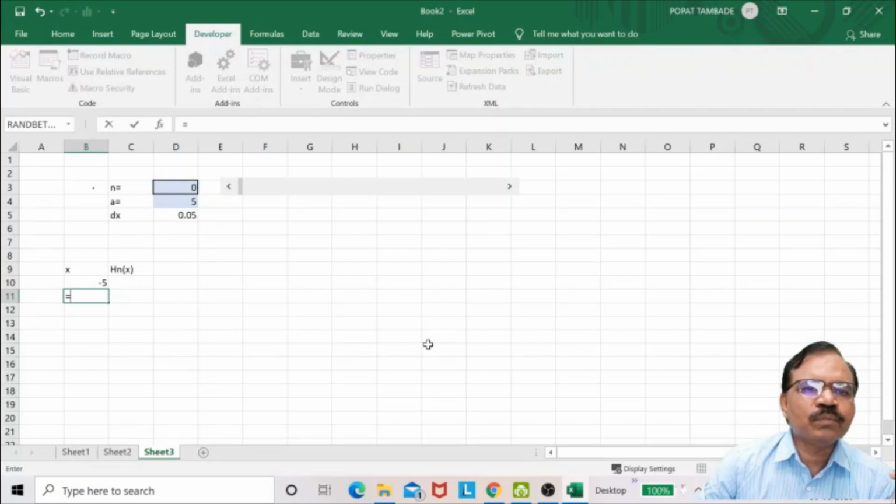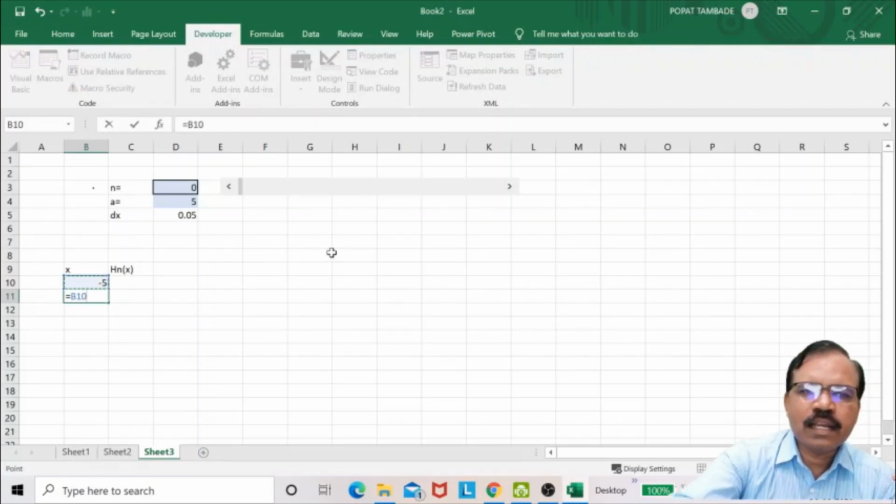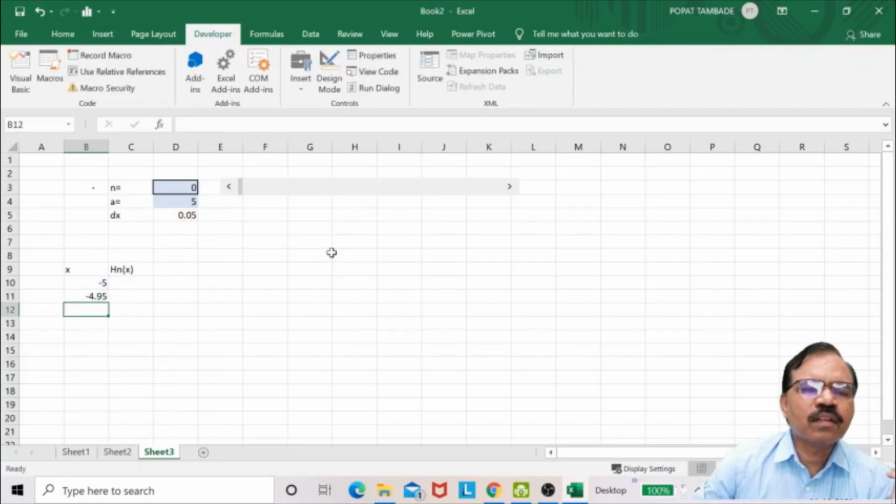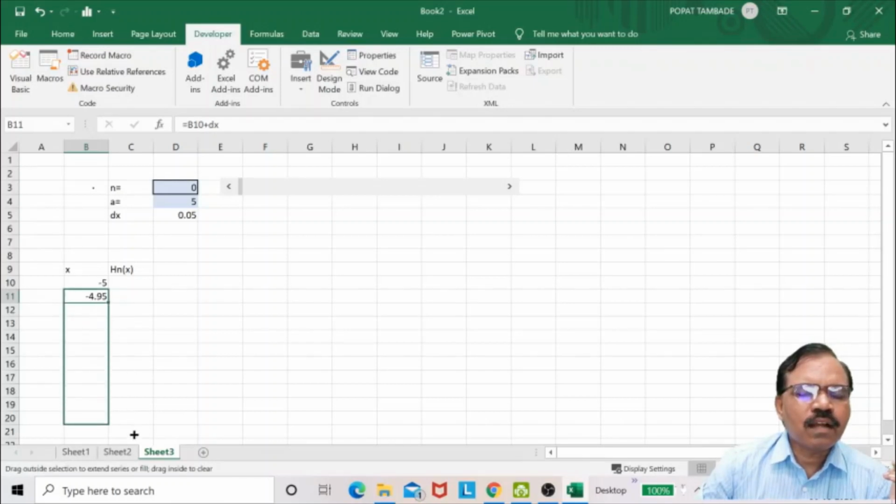Now is equal to this, and then I take plus dx, and then take this on up to plus 5.